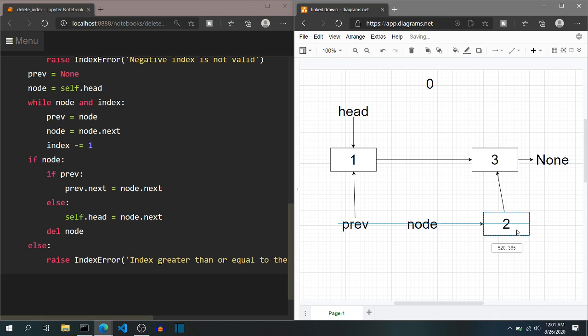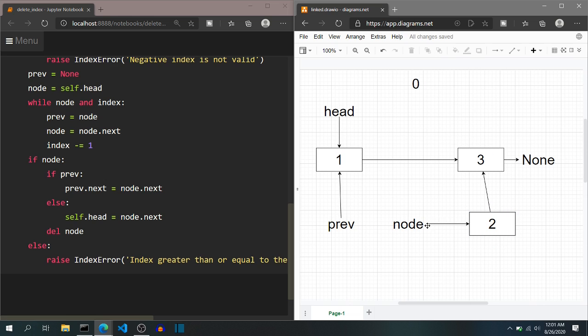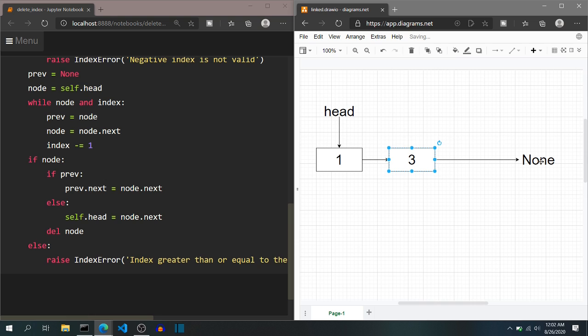And if we rearrange this so that we can see the arrows, you can see that node 2 is technically deleted because from self.head there is no arrow that can reach node 2, so it has been deleted from the linked list. But to free up the space, we are deliberately deleting the node 2, so over here, so like this. And all the temporary variables are also deleted after the function returns. So after deleting, the list will look like this with two nodes.